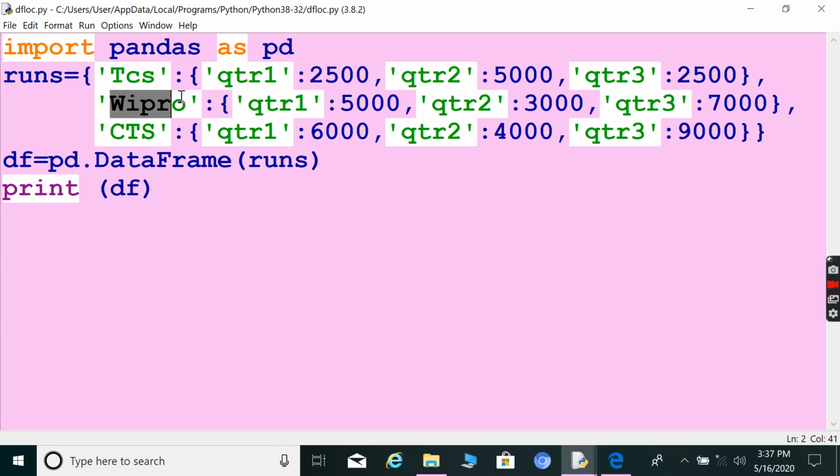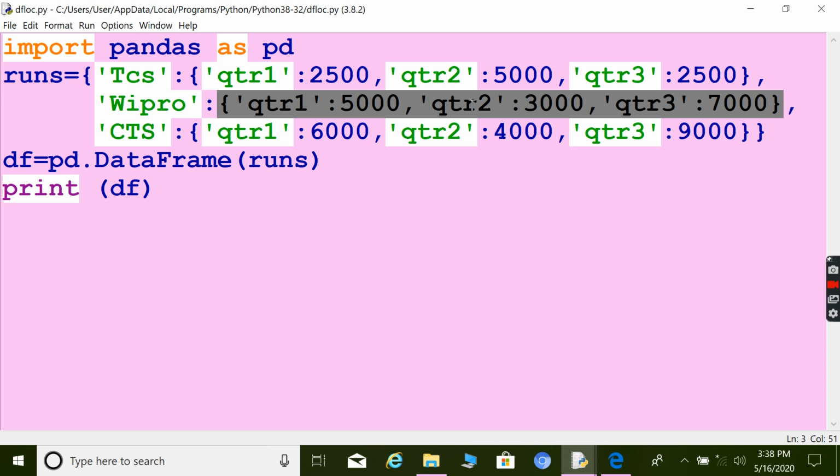Similarly, another key is passed, again colon, and then the values are given inside the dictionary. So a dictionary has key and value, key and value, with a colon in between. So this dictionary into dictionary is now given as a data frame.